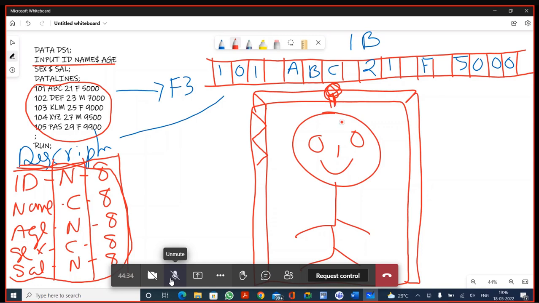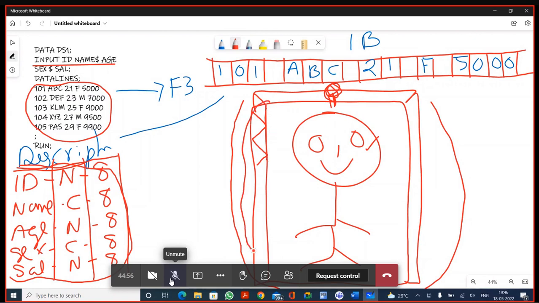Understand this one? Now tell me, in this whole process, what is the most important thing? My picture. Just imagine my picture is the data. To keep this data safely in an organized manner, what did I do? I constructed a photo frame. Now I put all the photo frame information. What is the material they used? How much price they collected? How they did it. If I collect all this information and keep it in one place, do you think